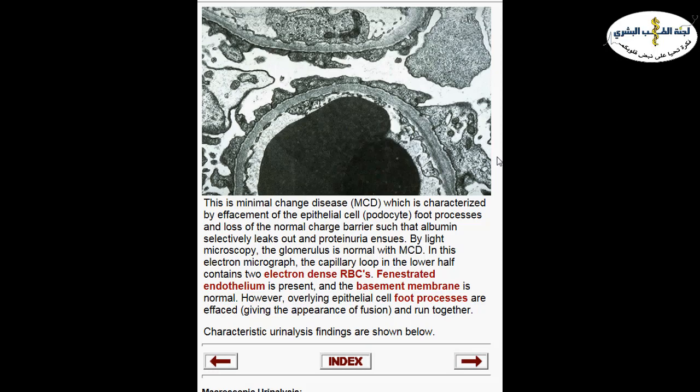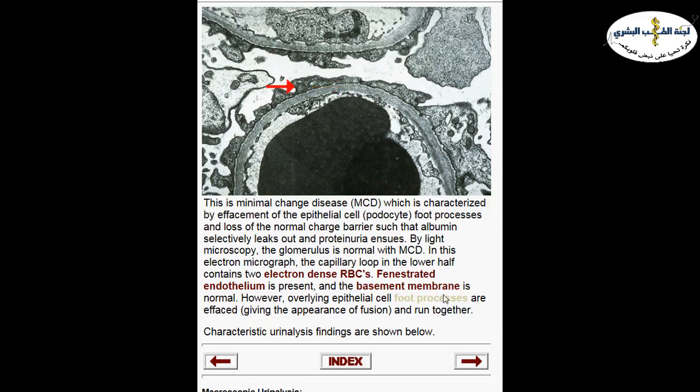So this is electron microscopy from a child who presented with nephrotic syndrome with features of edema and puffiness. Here we can look at the capillary loop at the bottom. These are RBCs within the capillary loop. And here we have the endothelial cells and the fenestration of the cytoplasm. So this is the fenestrated endothelial cell. After the endothelial cell, we can look at the basement membrane. What do you think about this basement membrane? It's a normal basement membrane, regular thickness, looks normal. There are no deposits along this basement membrane.